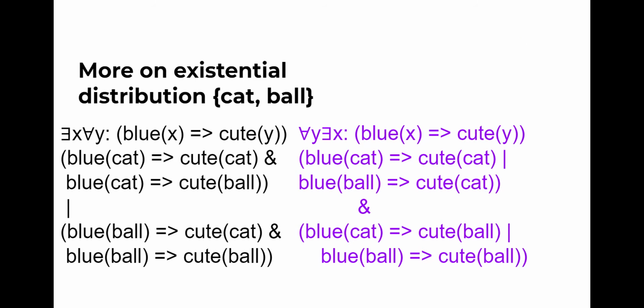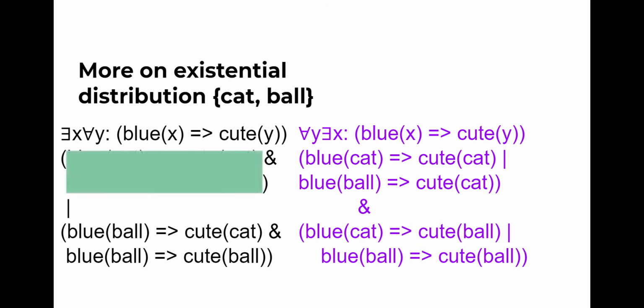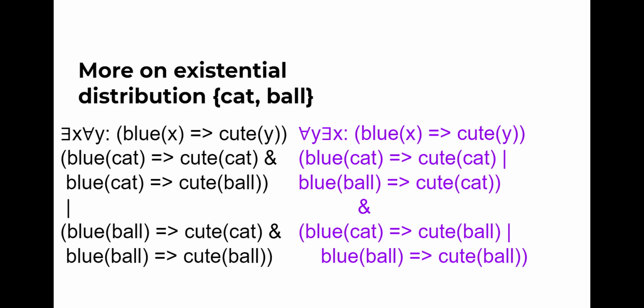On the left-hand side, we have a black sentence, there exists an x for all y, blue of x implies q of y. And on the right, we have for all y, there exists an x, blue of x implies q of y. And then we ground both sentences on the left and the right. And the question is sort of why are they equivalent, and kind of why can I go one direction and not the other? So again, we emphasize this first class where we have two logical sentences: